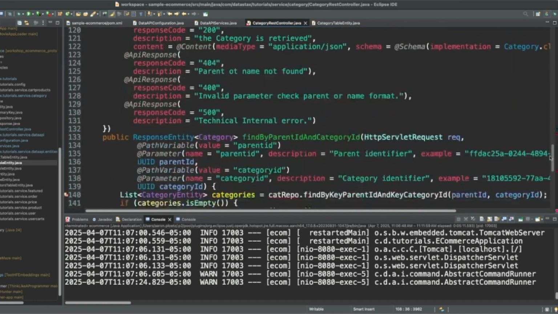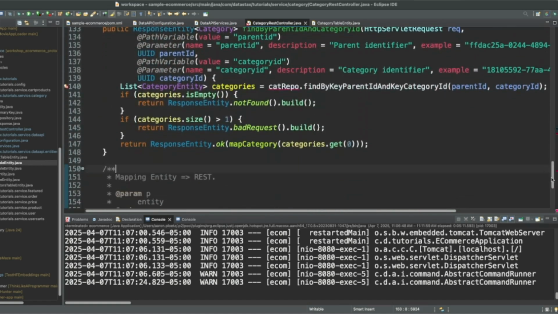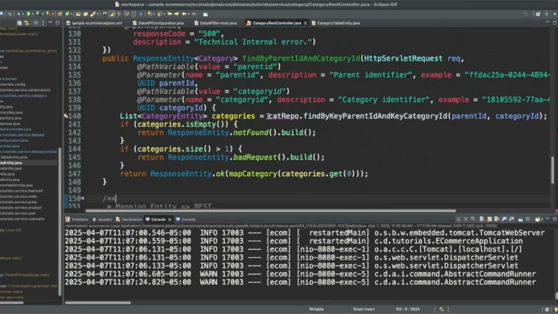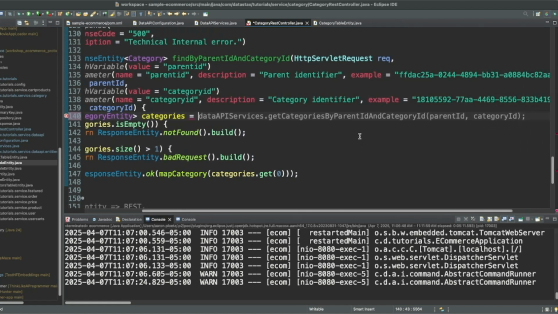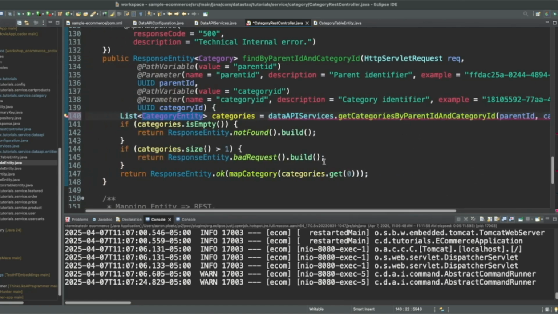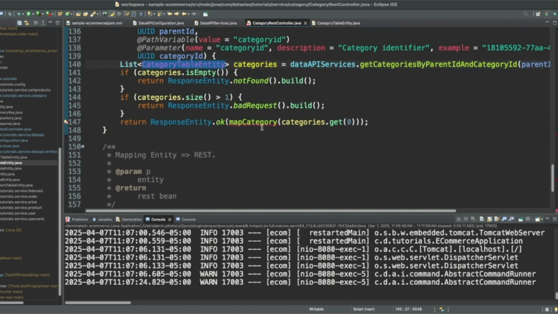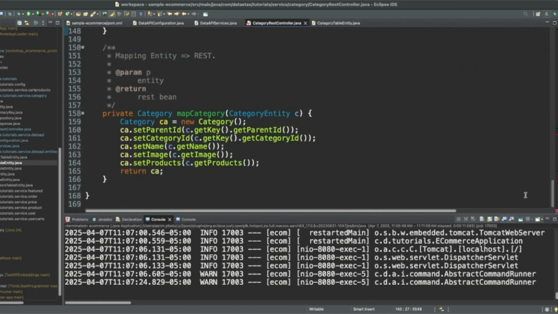Okay, let's go down to find by parent ID and category ID. Same thing here. Oh, look at that, Copilot knows what's going on. How about that, huh? All right, let's replace list of category entity with list of category table entity. We have the same issue with the mapper, but to fix that, we're just going to adjust it and say category table entity.